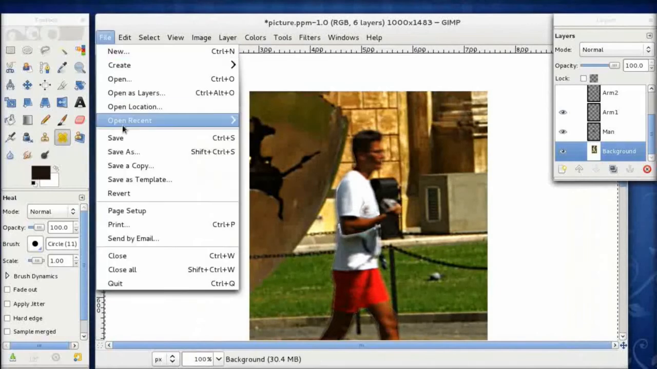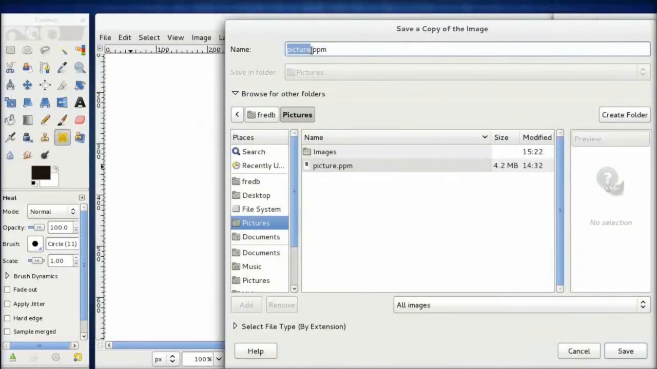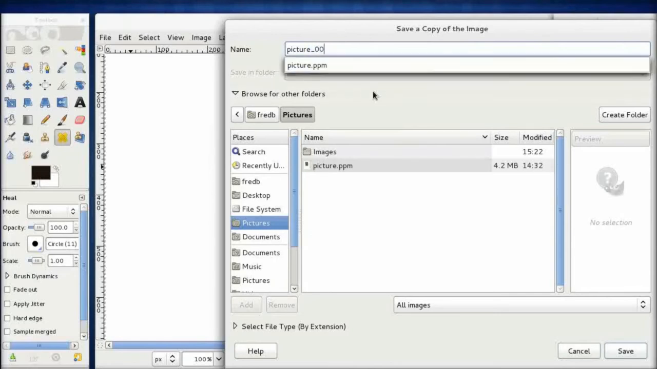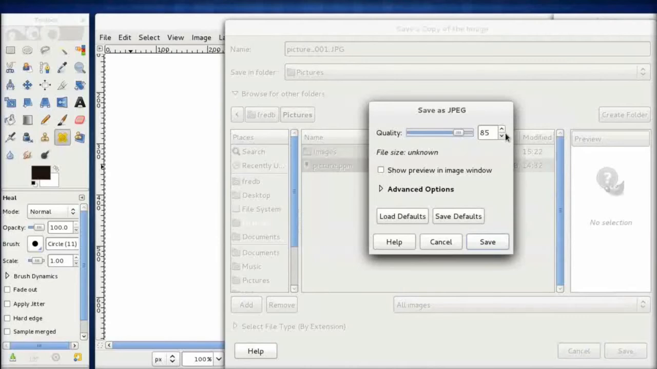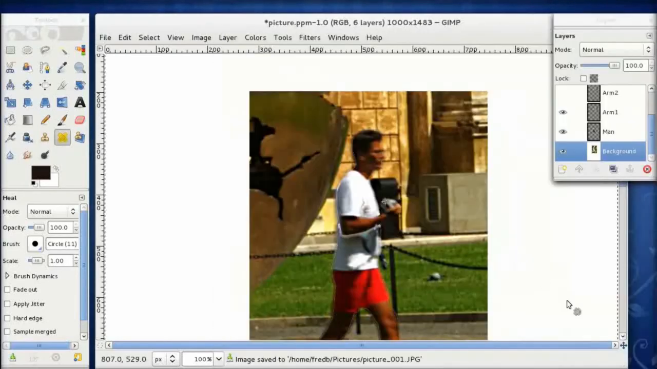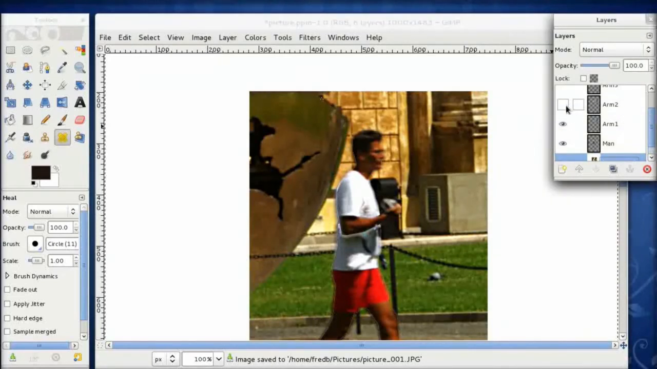So I'm going to do File, Save a Copy, and I'm going to call it picture, then underscore, and then put a frame number on here, which is 001 for this frame. I'll save it as a JPEG, but you can save it as any kind of raster image that you want. I'm going to change this to 75% quality. That's fine. Now I'm going to move his arm to its second position